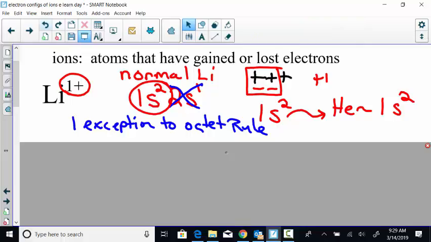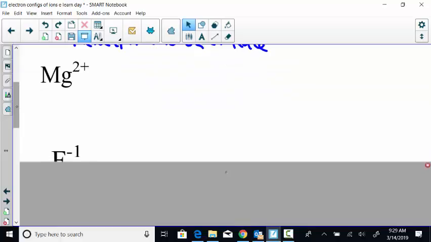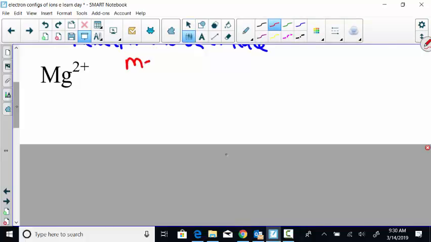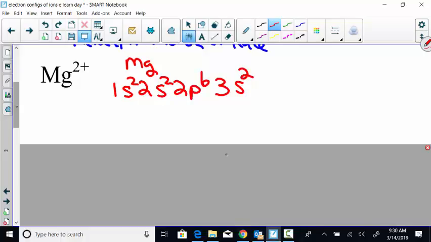Now we'll get into some that will be octets. So let's look at magnesium. And I'm always going to start with the normal element. So normal magnesium is 1s2, 2s2, 2p6, 3s2. It's in this third energy level. Now, in order to become a +2 charge,